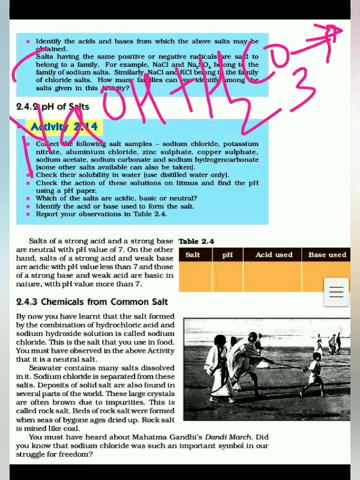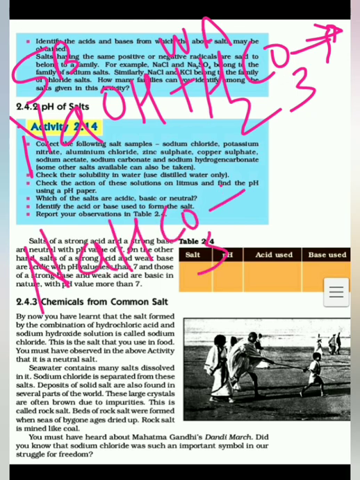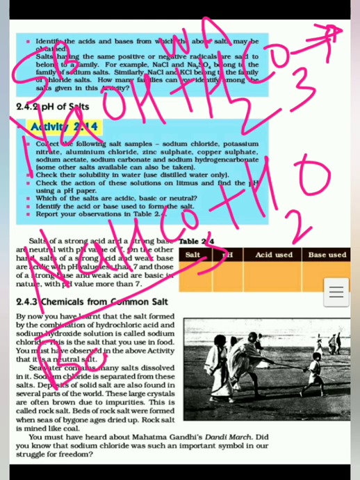So when strong base reacts with weak acid, it will form a salt, that is sodium hydrogen carbonate, NaHCO3, plus H2O. So this sodium hydrogen carbonate is baking soda, which we use in bakery products, in cake or in pakoras. So this is what? Baking soda,